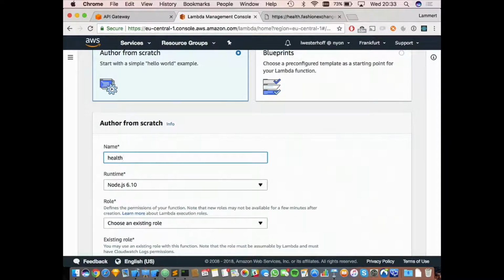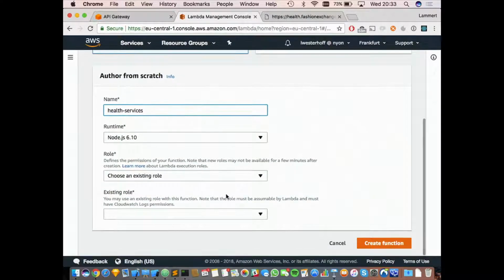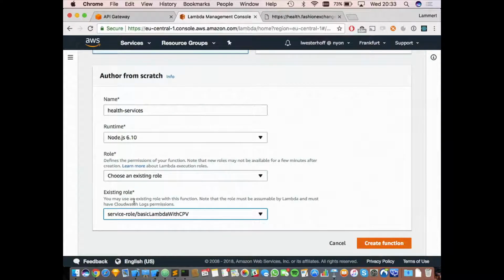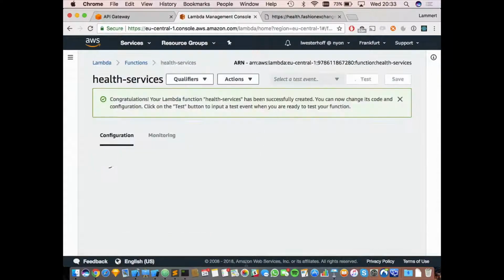I'm going to call it health services. I'm going to use Node and I'm going to use existing role. This one will be inside my VPC, so I will have execution role. The execution role just gives it certain rights to run. Creating it,